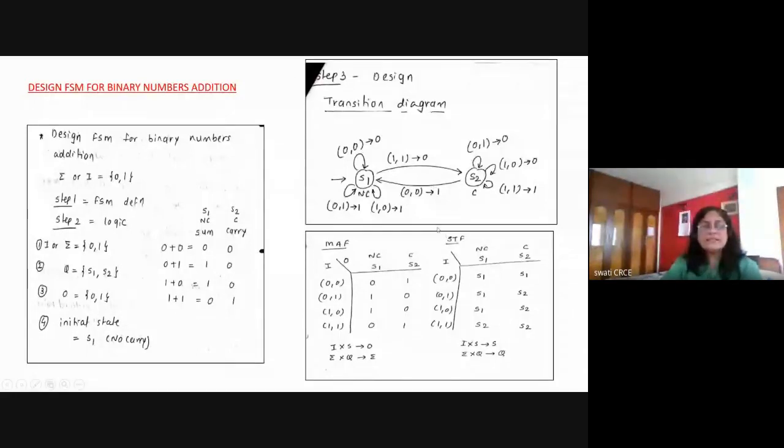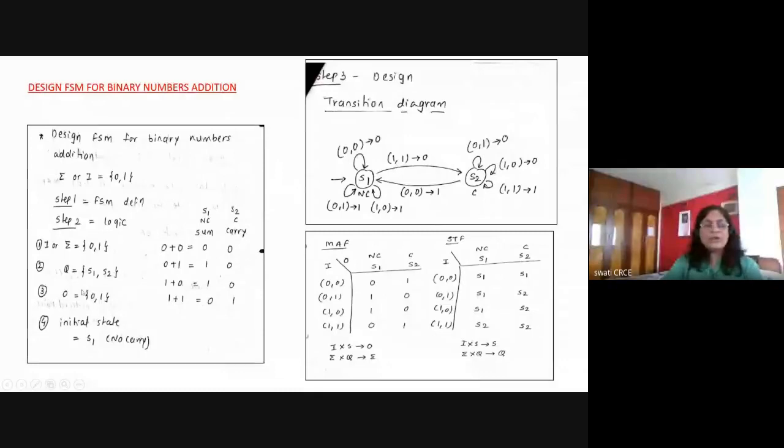Right now, what I'm saying is that I have identified my input symbols. Capital I is a set of symbols, so your input is made up of a concatenation of symbols of the input set. Right now, you just have to identify capital I, capital O, and capital Q. Don't think about how the calculation is done or what the answer is. Don't go ahead. We will see how it is calculated.